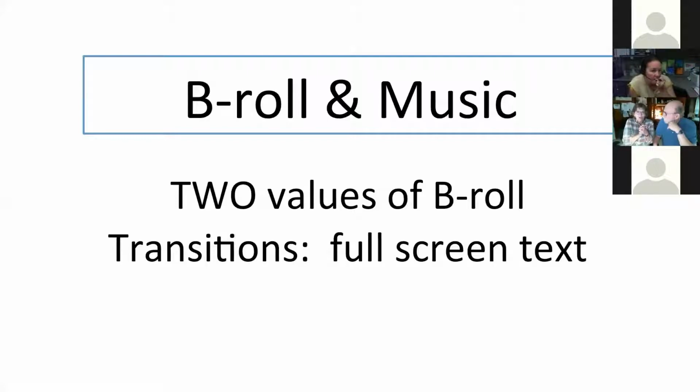So you can do voiceover, and you could do a stand-up where it's you doing a single person video to get between, but by far the easiest way to do this is to use full screen text. And sometimes I like to think of it almost like a chapter header in a book. So this is a new chapter. It sort of signals to the reader, to the viewer, that this is a new subject, and it helps make that transition. So it's either a chapter header, or it can take the form of a question that they're about to answer. It can be a full sentence that you want to